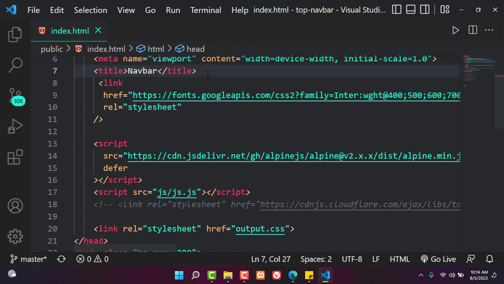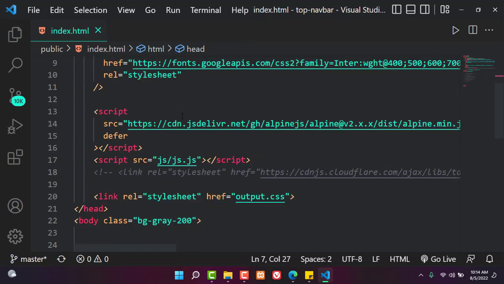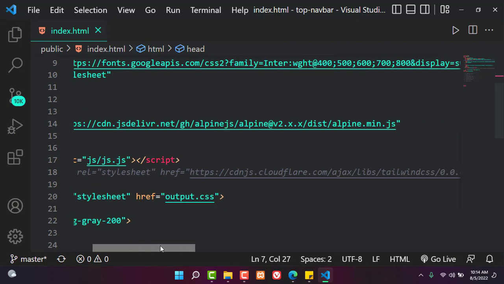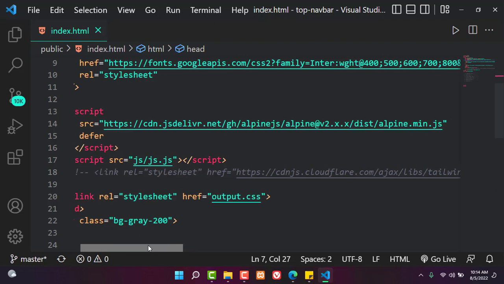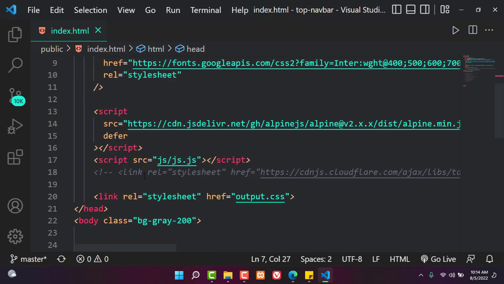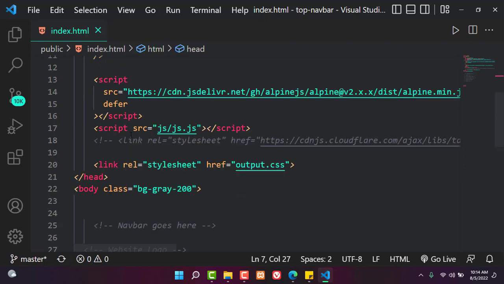I have several links here. So the first one is a link to the Google Fonts. I'm already using its CDN linked to the alpine.min.js, so that one will be helping us to be able to toggle the nav items. I've also been able to link to the JavaScript file that we'll be requiring for this specific project. So here it is. And also now for our styling, I have linked to the